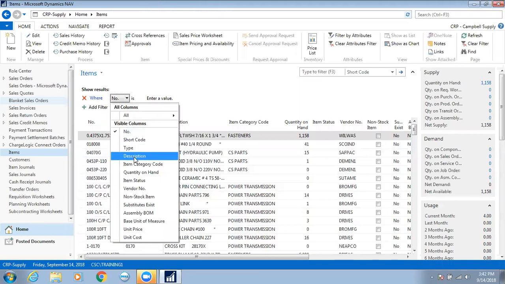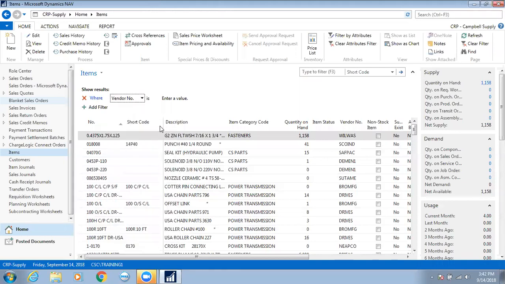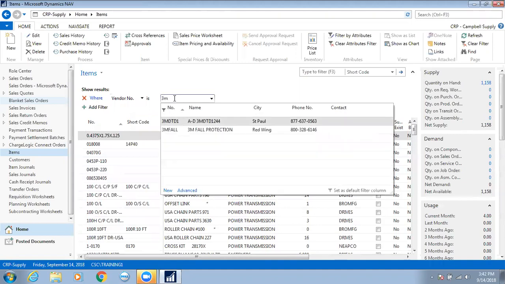So let's say we want to filter on vendor number, and we want to say vendor that is 3M. When I type in 3M, it's looking at the vendor code, and it's searching on the filter of the vendor code. If I had clicked on the name here, then it will start searching on the vendor name. But we're going to pick 3M,